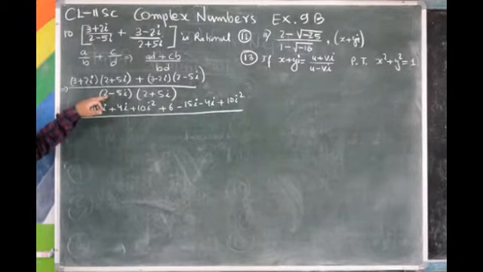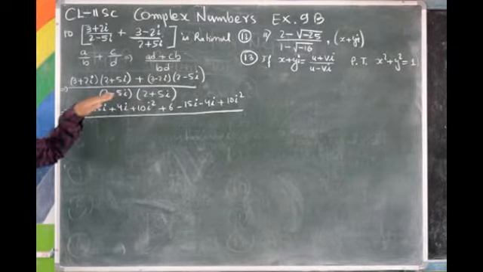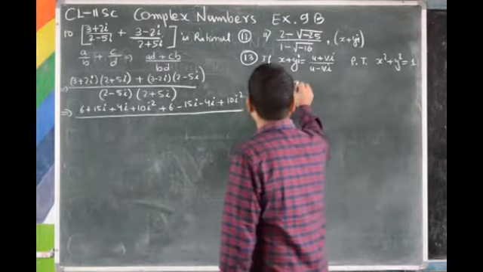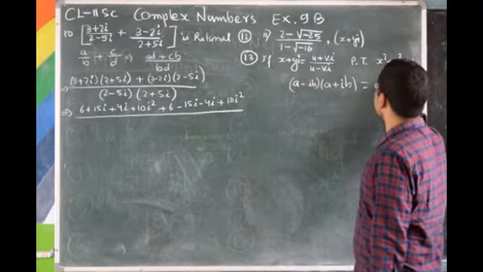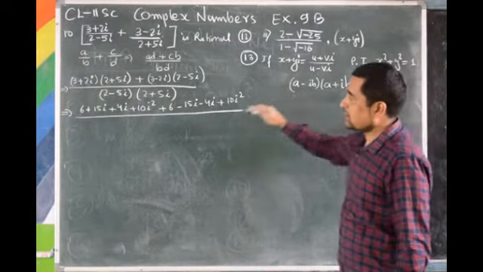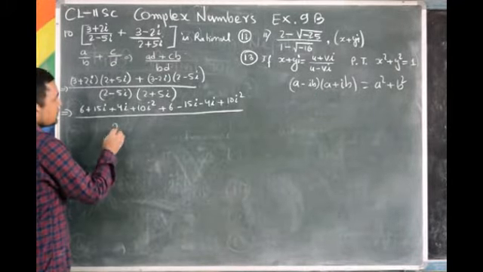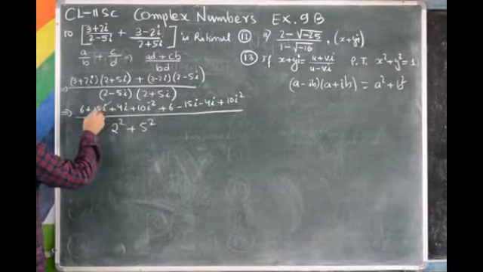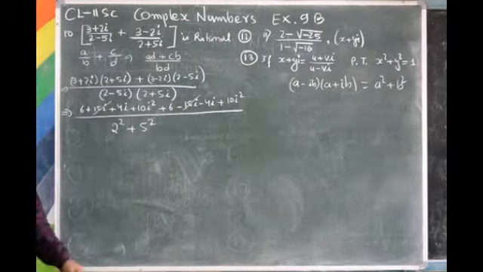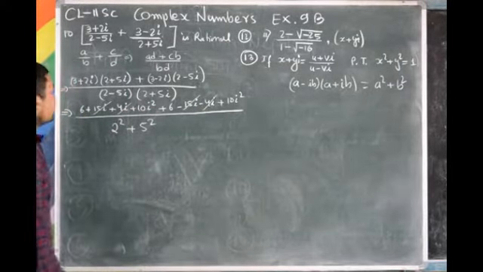Now the denominator is a minus b into a plus b. What is the formula of complex number when a minus ib and a plus ib are there? A minus ib multiply a plus ib equals a square plus b square. Now we use this property at the denominator to get its answer. Now this is 2 square plus 5 square. Now plus 15i minus 15i cancel because their sum is 0. Plus 4i minus 4i cancel, their sum is 0.